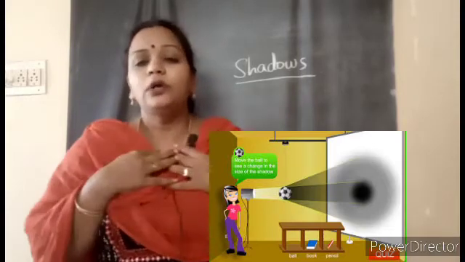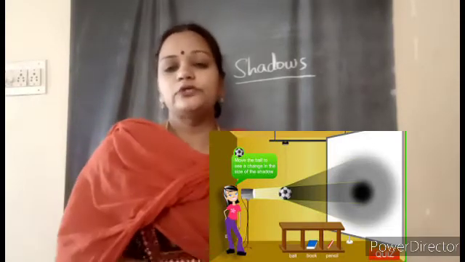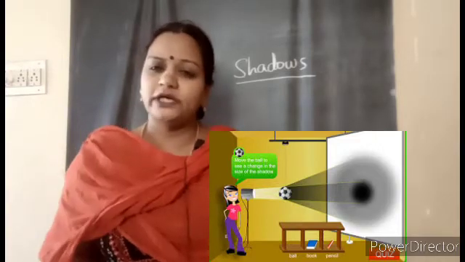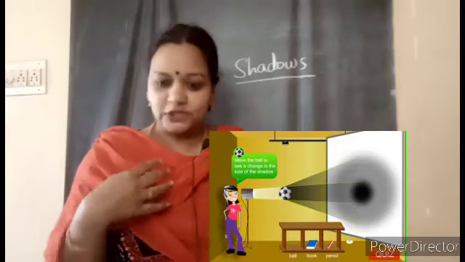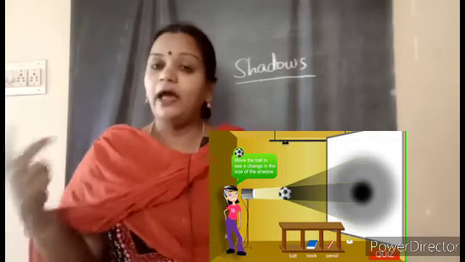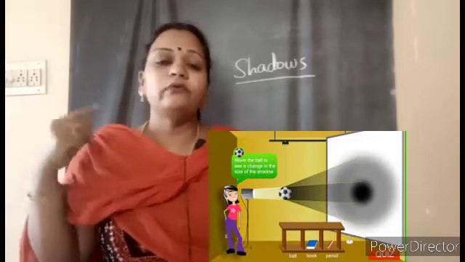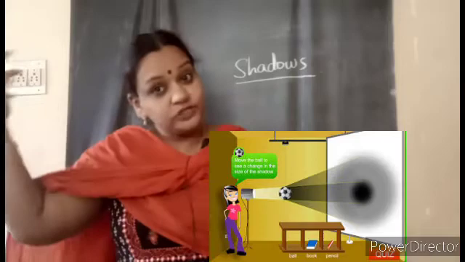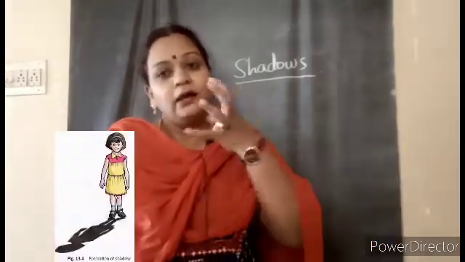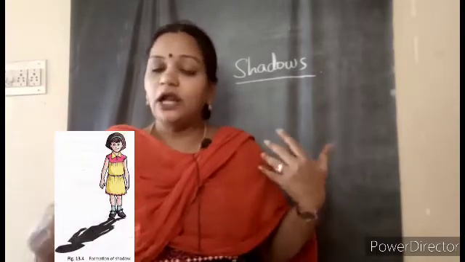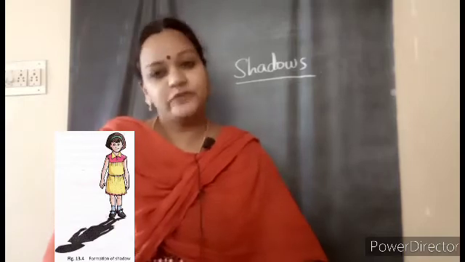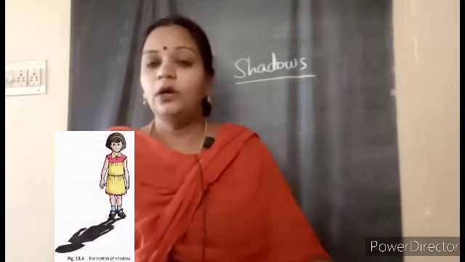Now tell me, how were you able to see your shadow? What about you? Are you a transparent, translucent or opaque object? Very good. We are opaque objects. We are not transparent. Light cannot pass through us. So we are opaque. And when you are playing on the ground, the light was falling on you from the sun. That's why I said sunny day. As the light is not passing through you, as we are opaque objects, we are able to see the shadow. Yes, no, children?